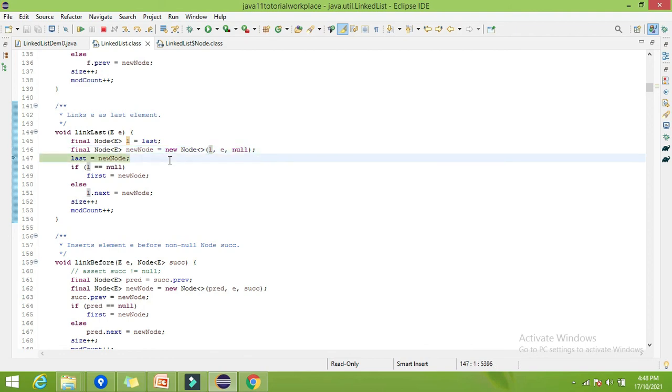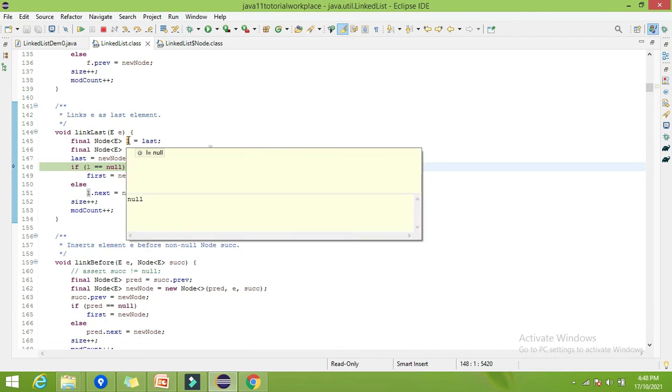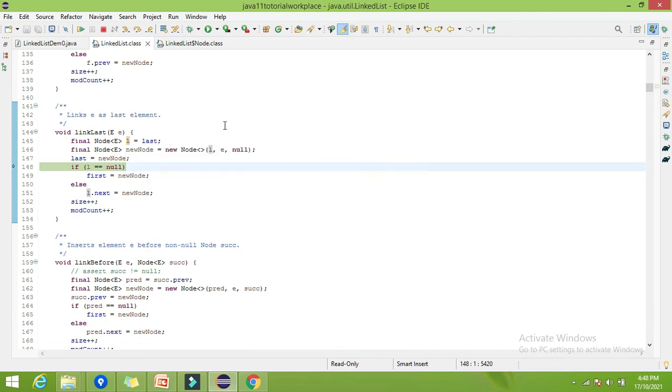Now, what will be the last element in the list? Whatever object we are adding will be the last element, because whatever we are adding will be added to the last position. That's why our abc will be the last. Now it will check whether it is the first element in the list.